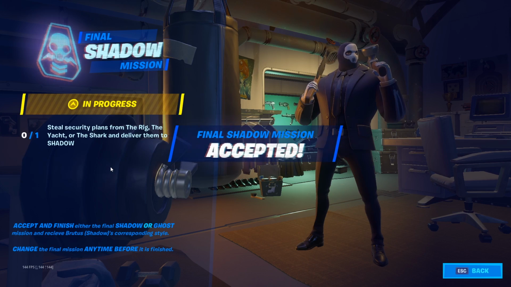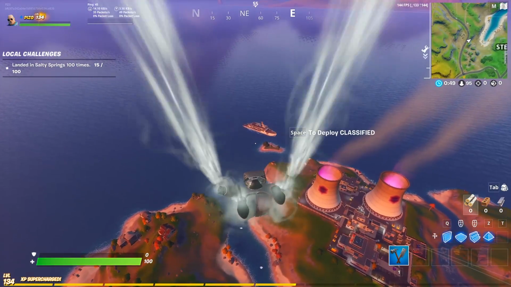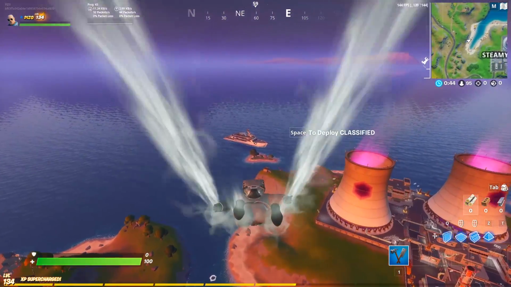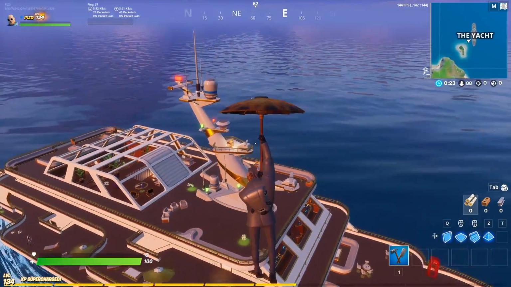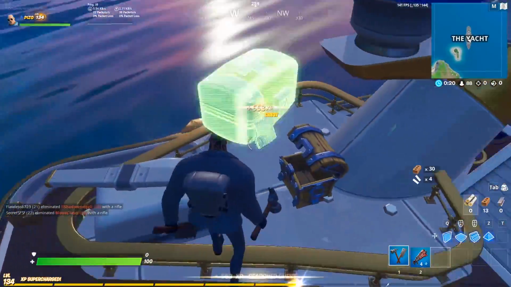Okay. Here we go. Need to find the security plans at the yacht. I'm just going here because I got back to my mouse and keyboard and this is where the bus was. So we're going over to the yacht. Security plans. Right now,